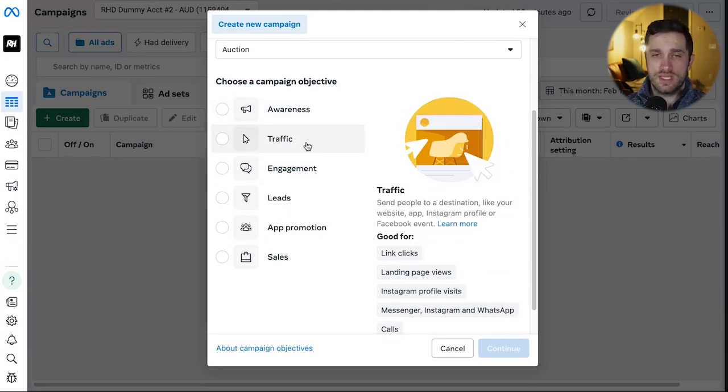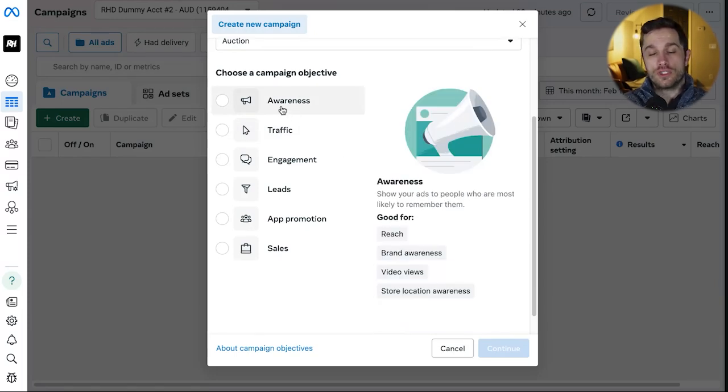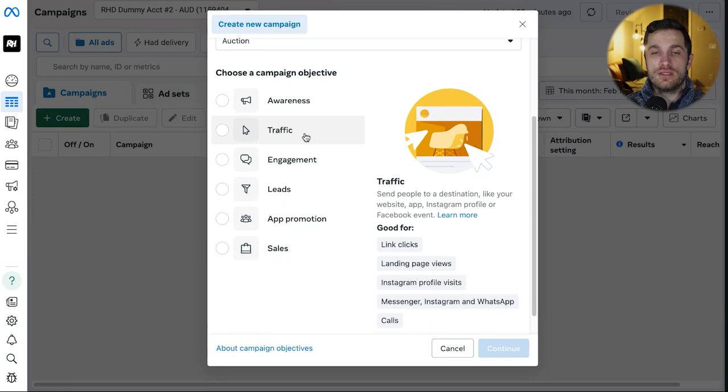A traffic campaign essentially tells Meta, only go after people who are likely to click. Very simple. You can read it for yourself. I never recommend a brand run traffic campaigns ever, unless you are trying to just get traffic. So for example, I have a buddy who runs SEO sites. He's an SEO master, and he will run traffic campaigns because he's trying to do what's called traffic arbitrage, where if he has AdSense or some kind of affiliate on the back end on his page, he wants to get traffic. He'll run traffic campaigns because he knows he'll make about 4 cents per visitor